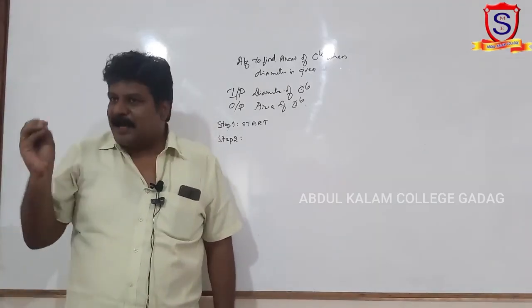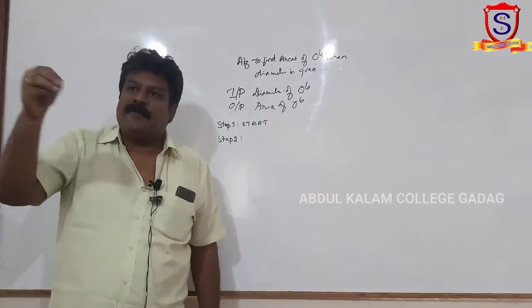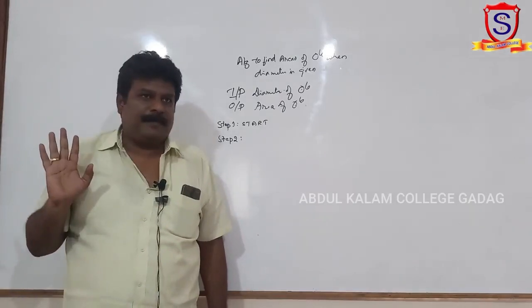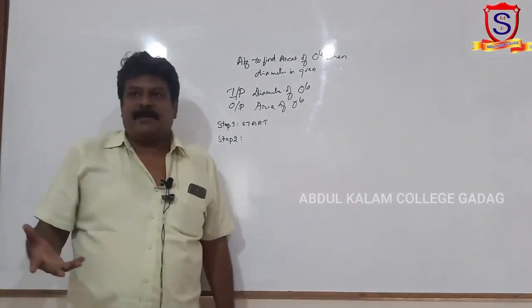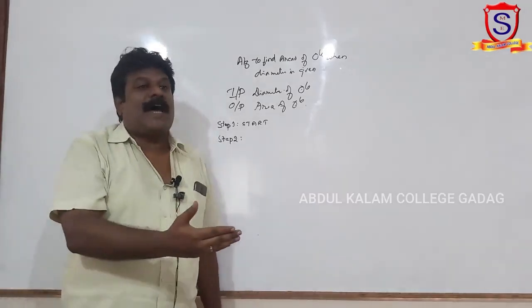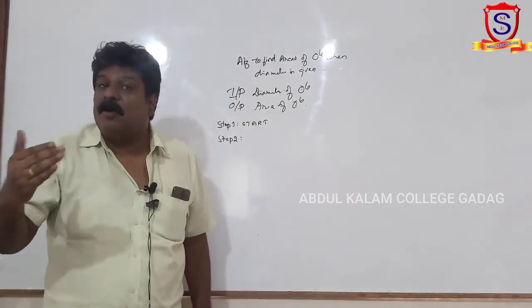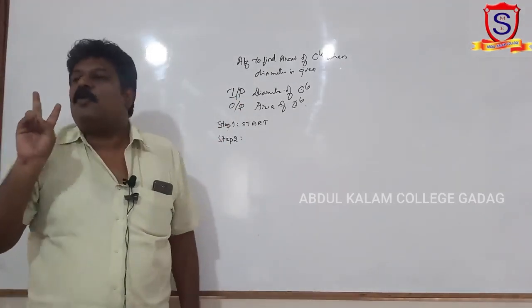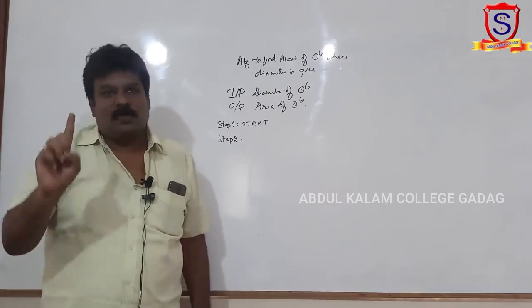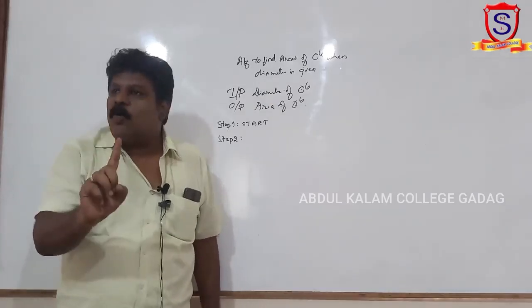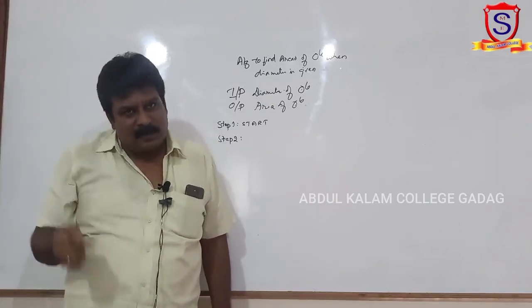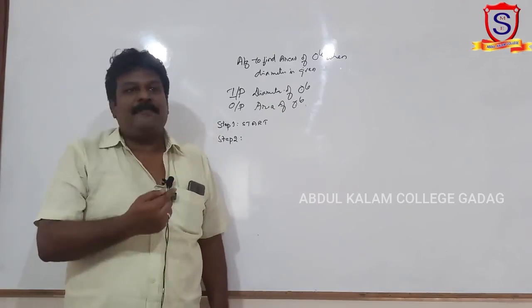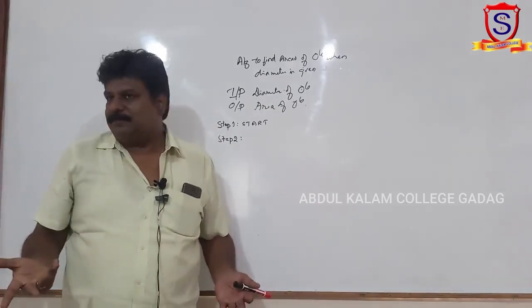If we would like to store another type of value into a variable of a different type, there will be value loss. You have to be very careful. So now I want to declare variables. Before that, we have to decide how many variables we are in need of. So here, if I see this particular problem, we are in need of three variables. One to hold diameter, which is given by the user. One to hold radius, which we find in the algorithm itself. And third one to hold the area.